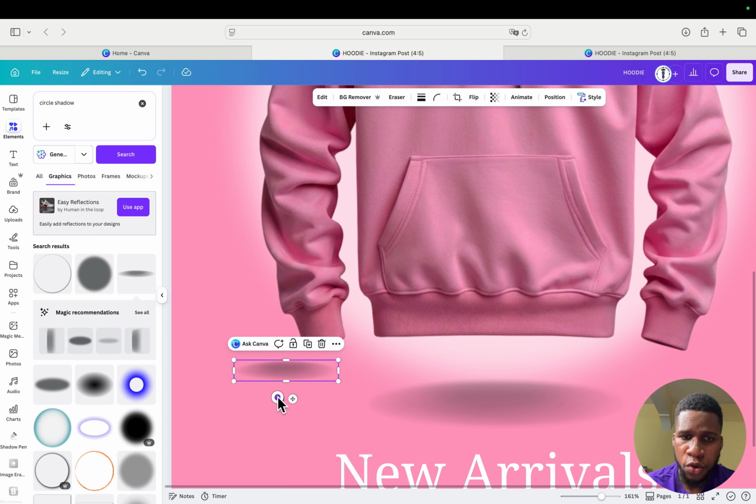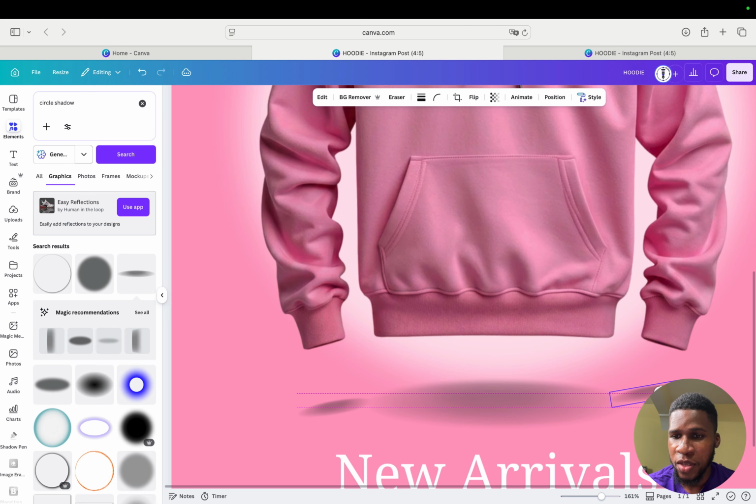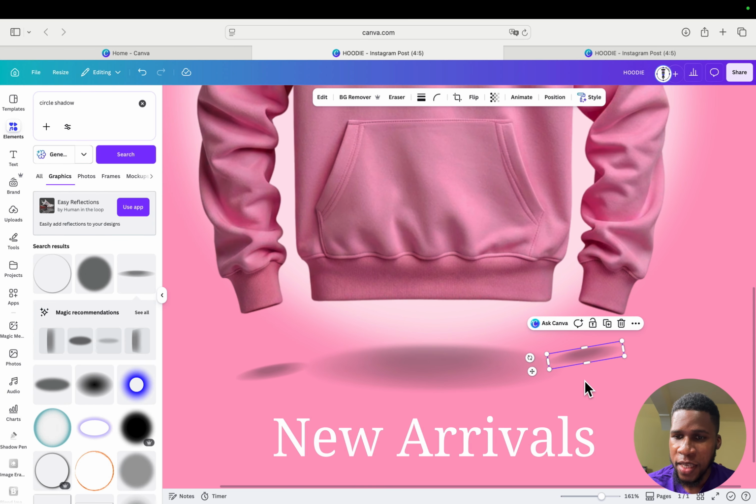And what we could do is rotate it like this, possibly to about -10 degrees, like so, and we could just measure the size and decrease the size like so. Then we could place it right here in line with our bigger shadow. What I'll do next is duplicate it, and then bring it over to the right hand side, and I'll rotate this shadow about positive 10 degrees, just so that we have it similar to the